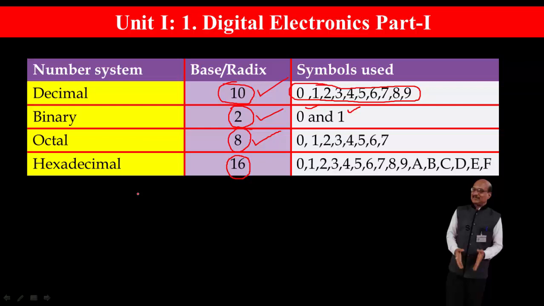So a particular code is related with a character. For example, if we consider a character A, the ASCII code related with A is 65. So this code 65 can be represented either by using a hexadecimal system, octal or binary number system. So in this curriculum we are going to study a digital electronics which basically make use of a binary number system to represent the data.